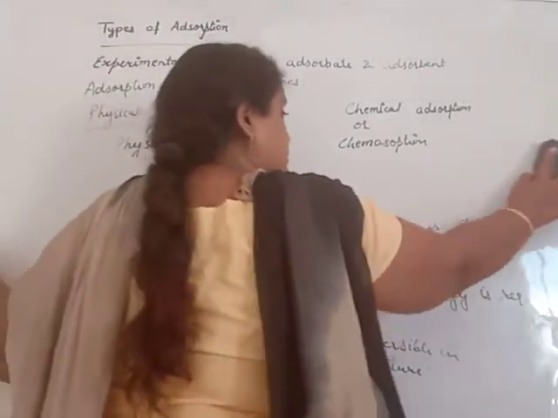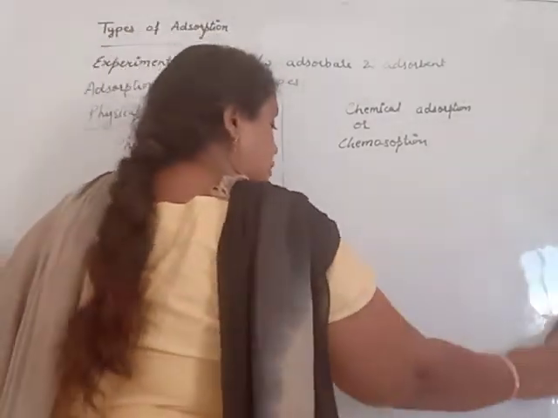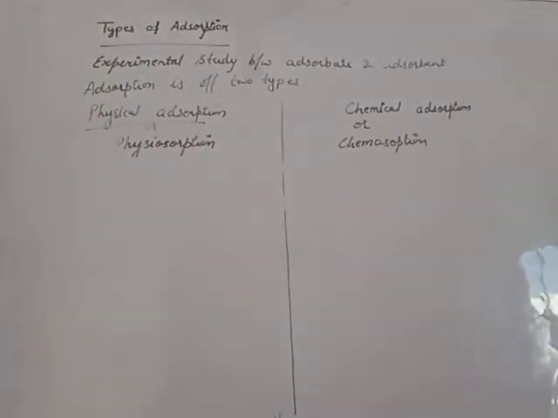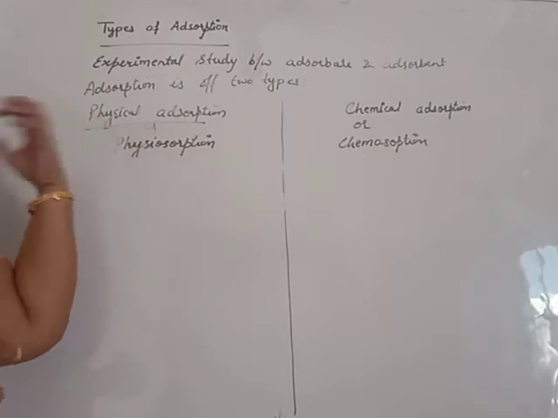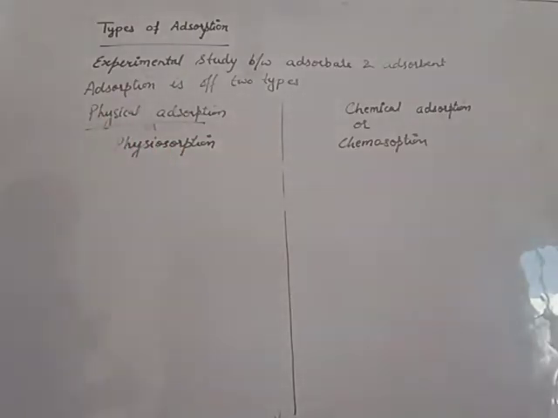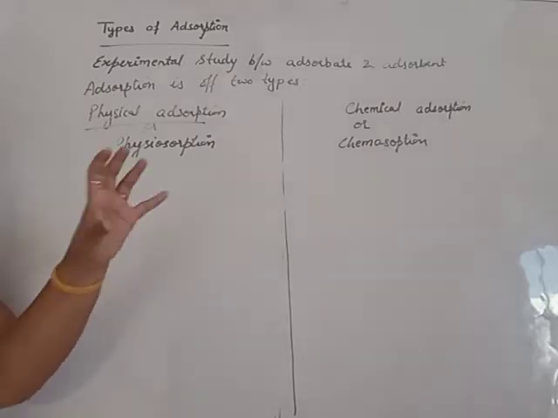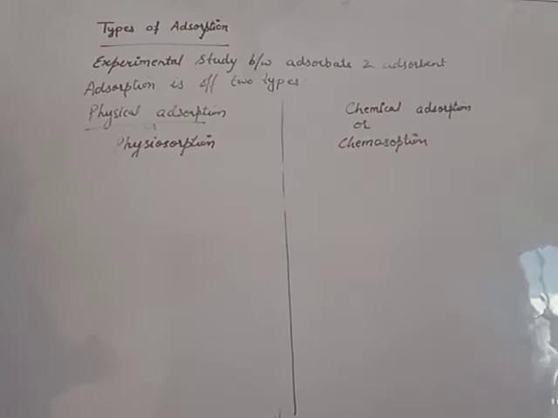Now, our next point, that is, beta, if chemical reaction takes place, heat of adsorption is maximum. If chemical reaction does not take place, heat of adsorption is minimum. Adsorption is always exothermic. Either it releases a small amount of energy or a large amount of energy. And the energy that is released by adsorption is known as heat of adsorption.